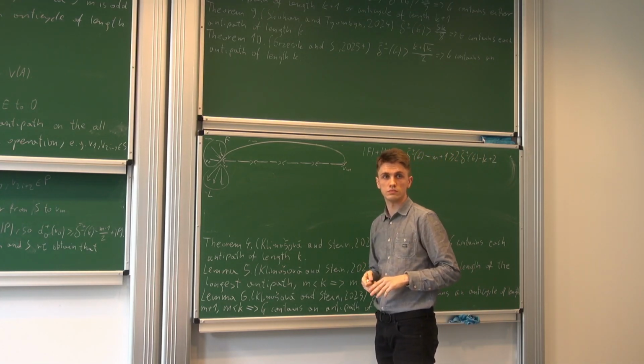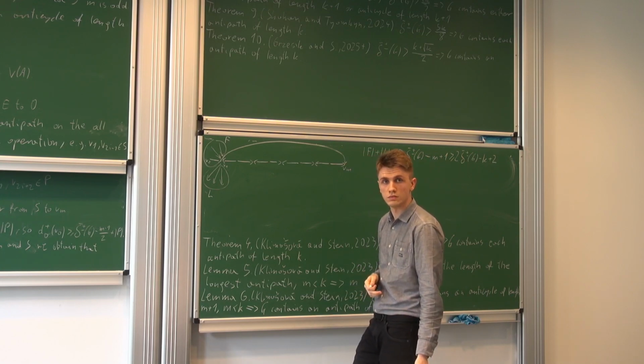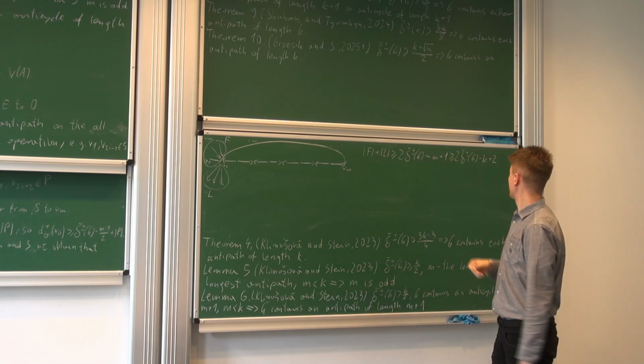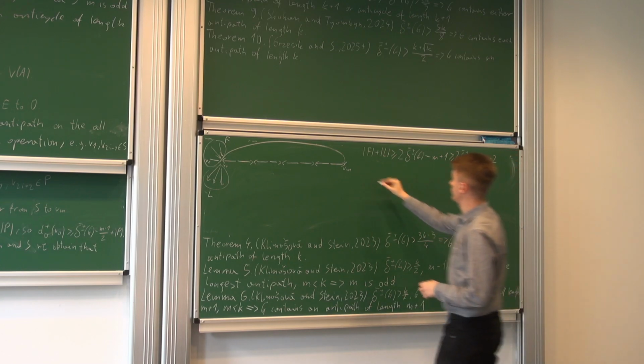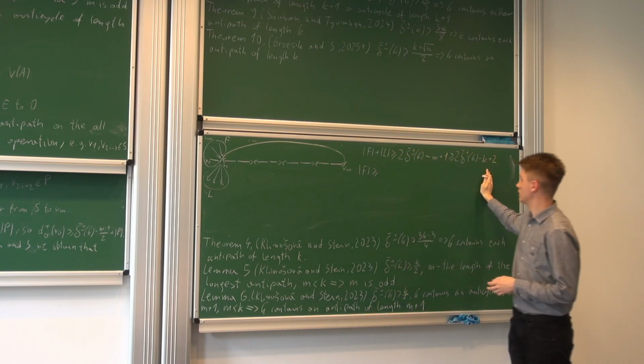By definition, these are neighbors that are outside. Yes, because there may be some neighbors inside, but you don't count them. Okay, I understand. And by symmetry, we may assume that F is greater than or equal to half